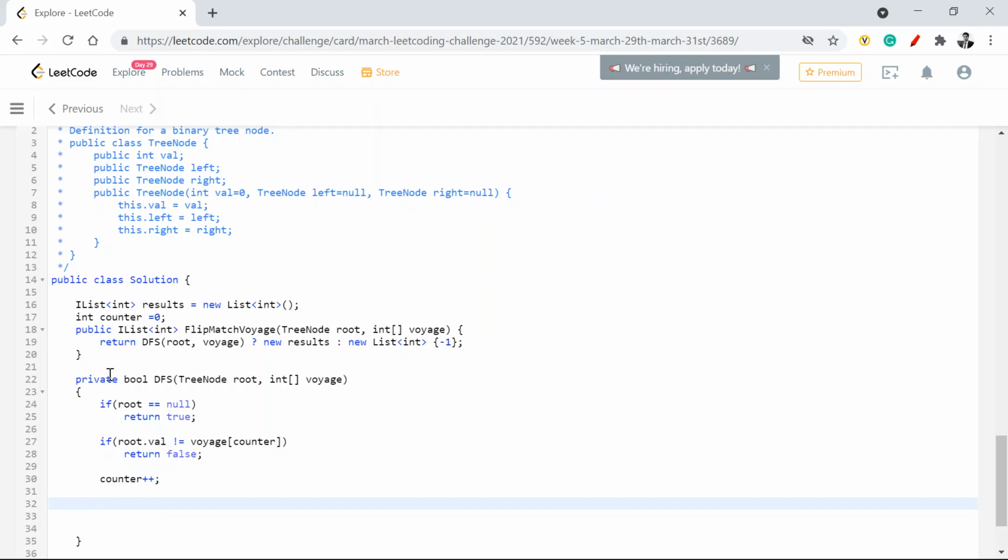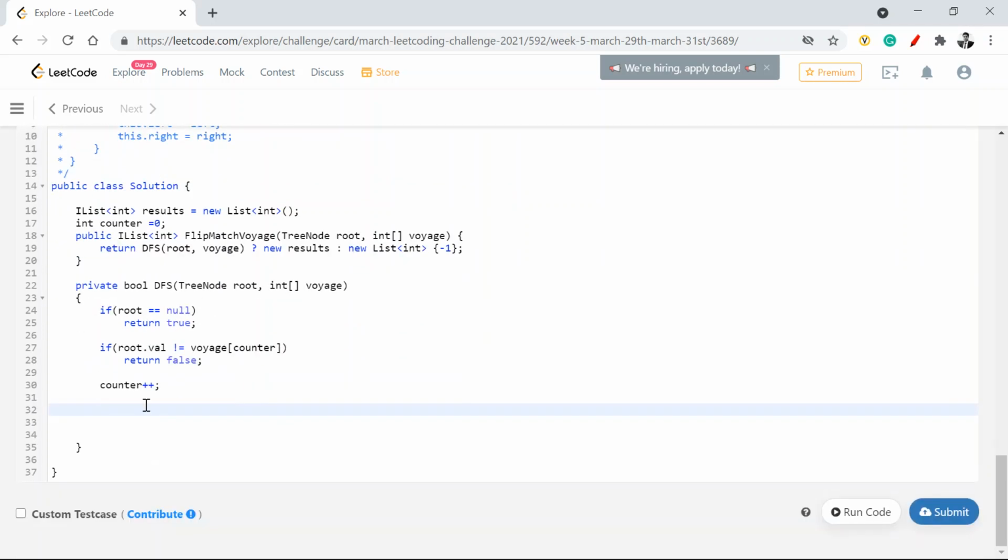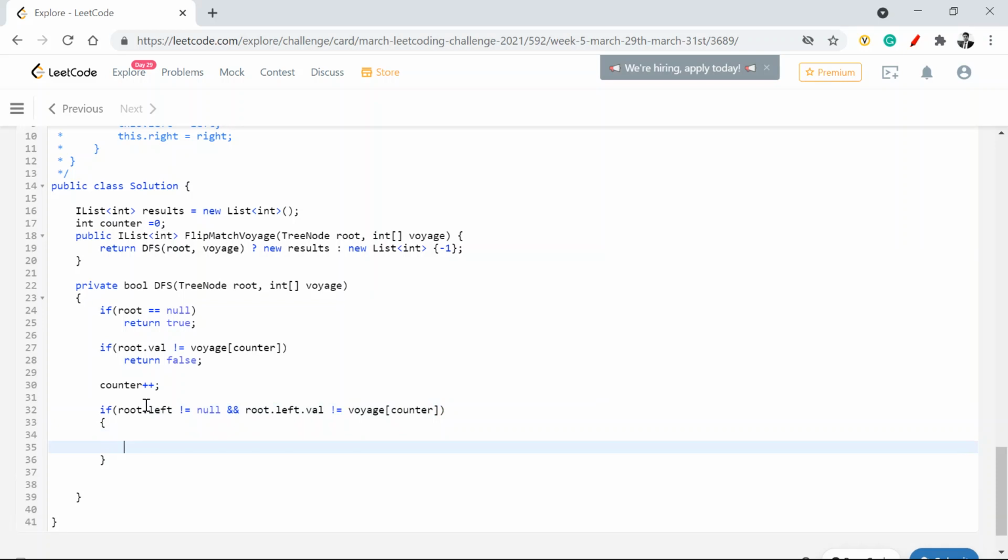Now I need to look at the left child and the right child. If my left child is not null, so root dot left is not equal to null, and root dot left dot val is not equal to my voyage counter, then we are going to flip it.